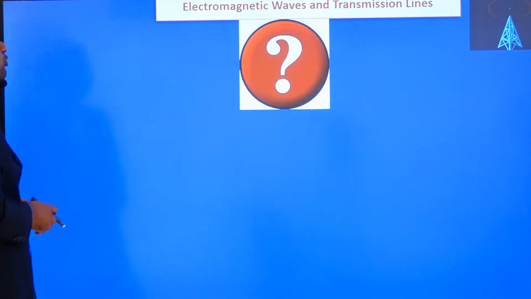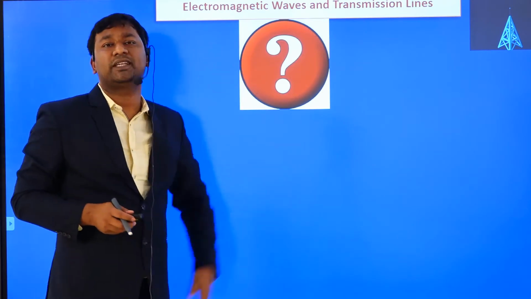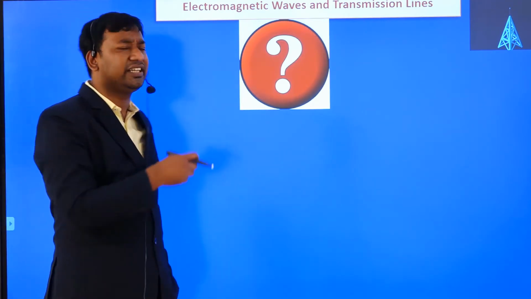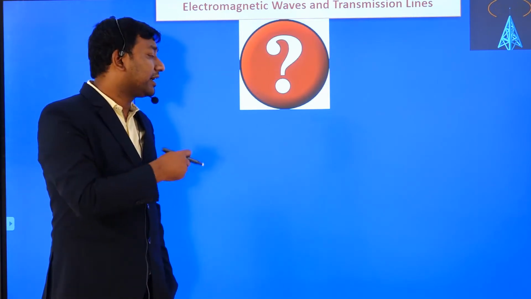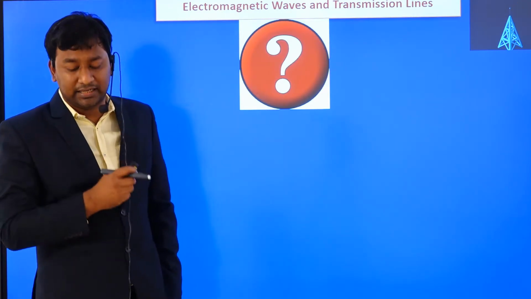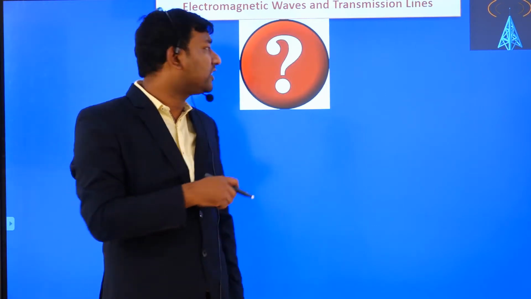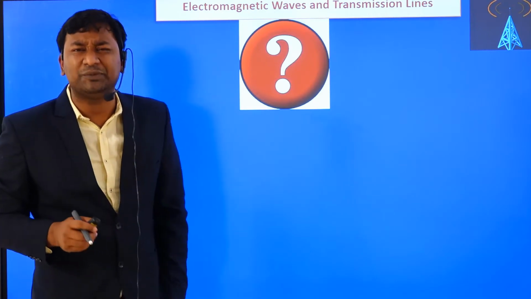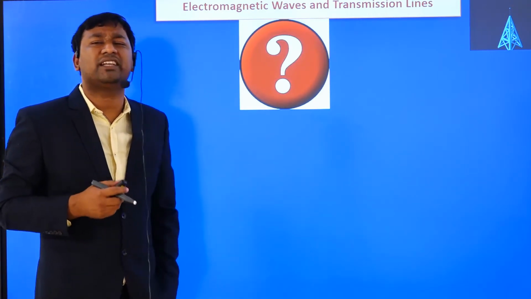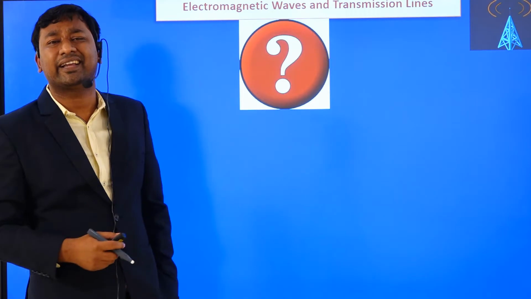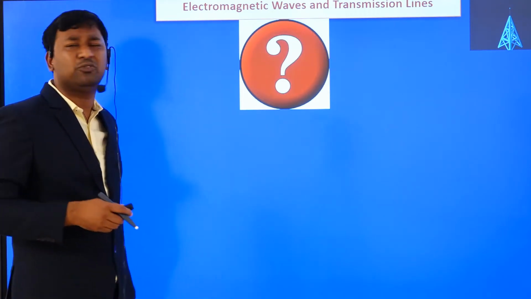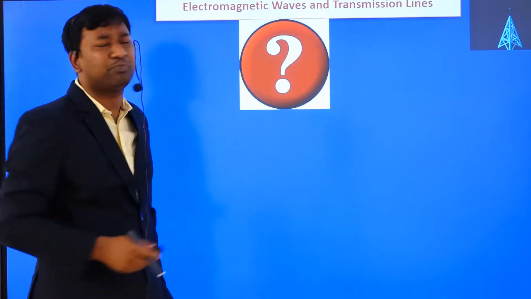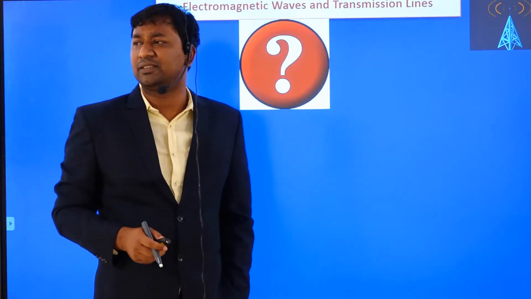Now why do we want to study electromagnetic waves and transmission lines? Because it is one of the difficult subjects throughout the engineering career of electronics and communication engineering as well as EEE students. It is one of the difficult subjects, EMWTL. Many people are not able to understand how electromagnetic waves are generated, how they work, what the Maxwell equations are, and how they work in real communication. So what is the purpose of learning this particular difficult subject?